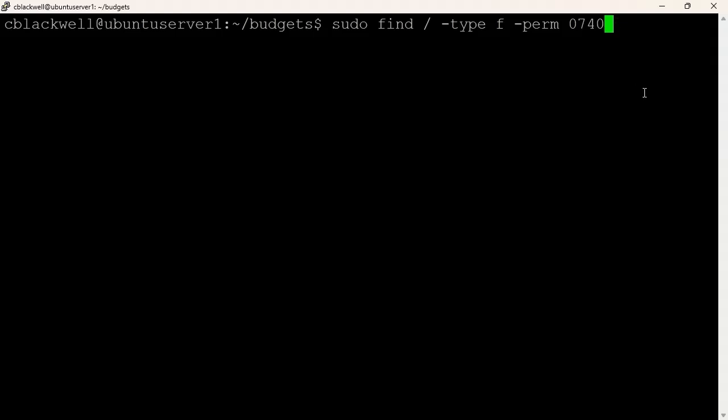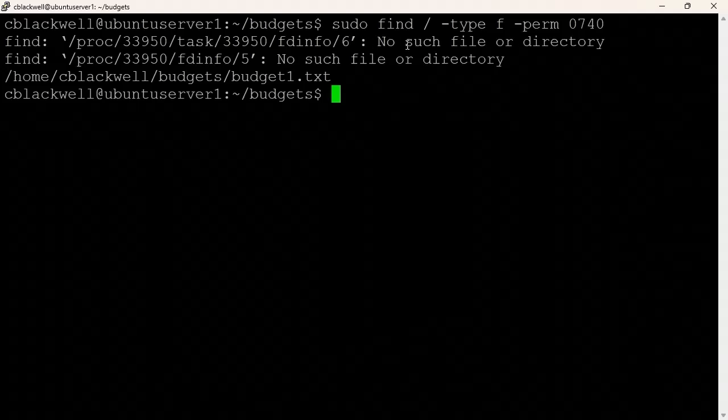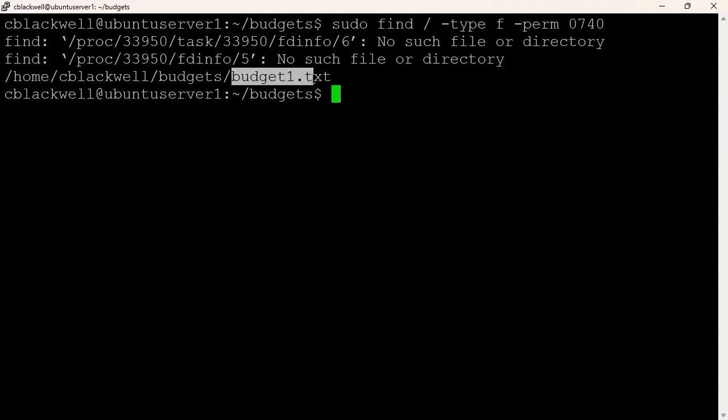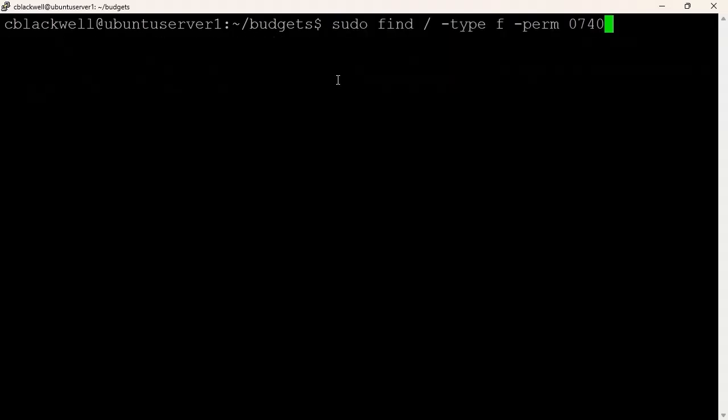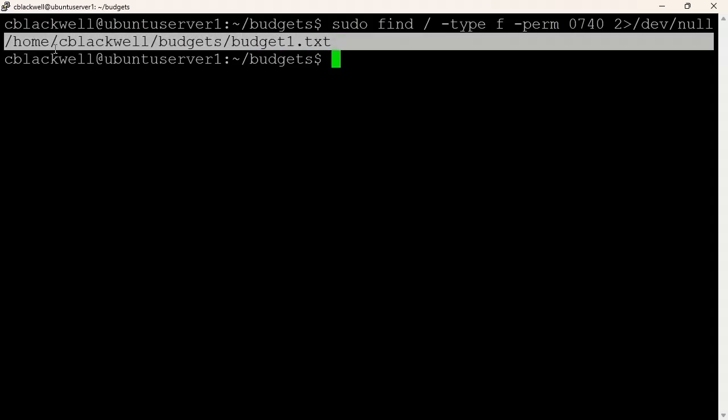Maybe that's what I want to look for. If I press enter, first of all, I get a couple of references under proc. Now, proc is a dynamic process subdirectory, so I get no such file or directory listed there, but I do have one valid entry shown. And remember, when you're running a command, any errors that you want to suppress, if you don't care about the output, just use 2> and redirect it to somewhere, like a file, if you want to store the output of errors in a file, or in this case, just discard them to /dev/null. So what this is telling me is that in my current user home directory in the budgets folder, the